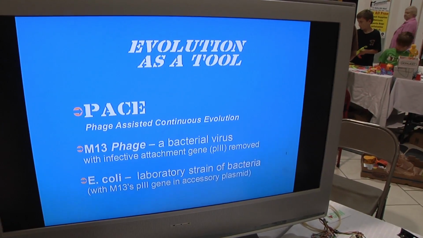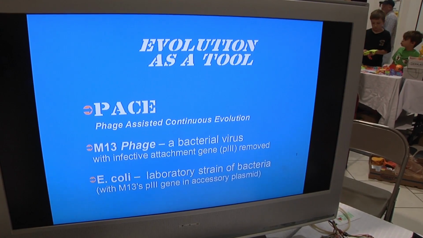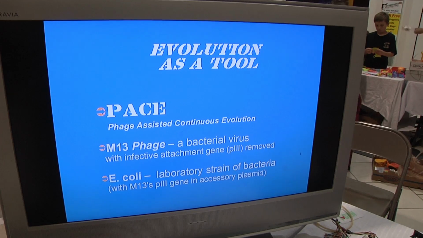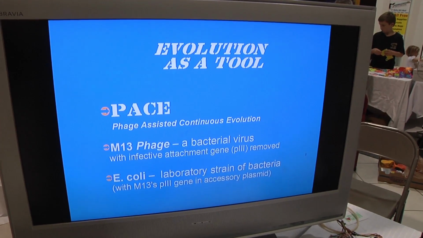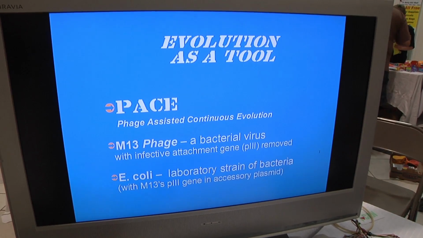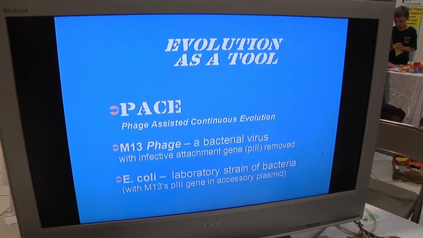Howdy. So this project is based on some work that was done a couple of years ago at Harvard. These guys figured out a way to get a virus to evolve a special protein, sort of your own design. It's called PACE, phage-assisted continuous evolution. And the phage it refers to is just a bacterial virus, and they've worked it out so that you take a gene out of the bacterial virus that makes it infective, and you remove that gene